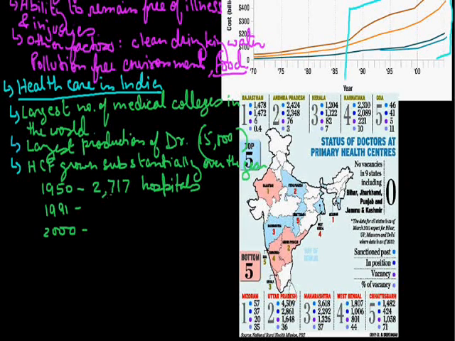In the year 1950, there were 2,717 hospitals in India, which increased to more than 11,000 hospitals in 1991, and just after 10 years it increased again, and now there are more than 18,000 hospitals in India in the 2000s. As you can see here, we also make a lot of investment in this field, and this is the reason that